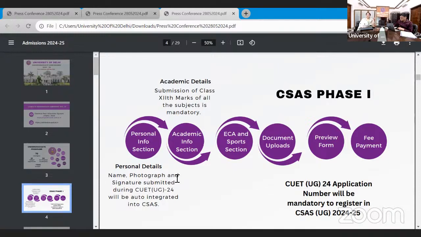सबसे पहले पर्सनल सेक्शन का एक पेज खुलेगा। इस पर्सनल सेक्शन में नेम, फोटोग्राफ और सिग्नेचर्स पहले से डली होंगी। इस पर्सनल सेक्शन में आपको आपकी पर्सनल इंफॉर्मेशन डालनी होगी, जैसे कि आपका नाम, आपकी कैटेगरी कौन सी है, आपकी फैमिली इनकम, माता पिता का नाम, आपकी बैंक डिटेल्स। ये कुछ फील्ड्स हैं जो आपके पर्सनल डेटा से रिलेटेड हैं। हम आपसे यहाँ पर रिक्वेस्ट करेंगे कि आप ये डालें।